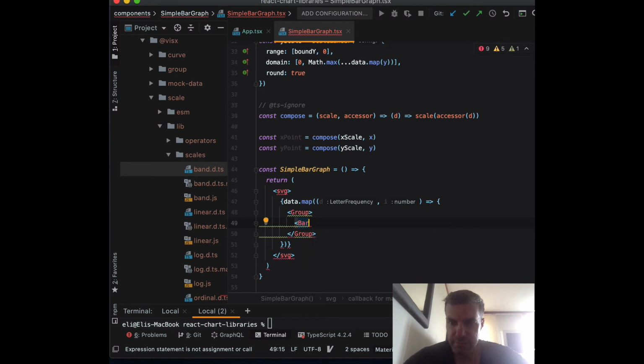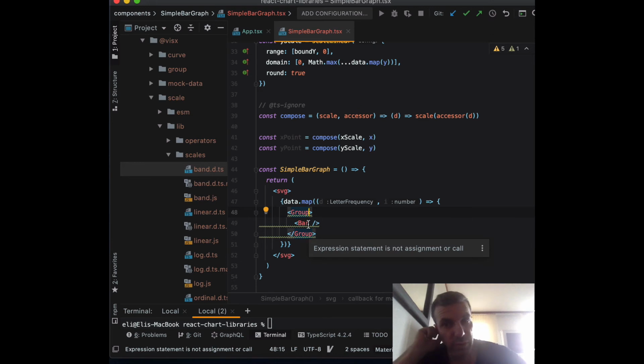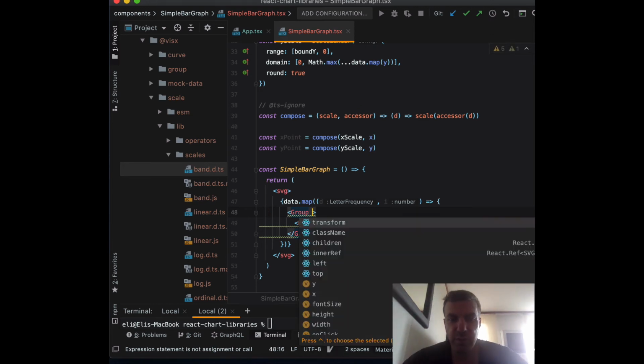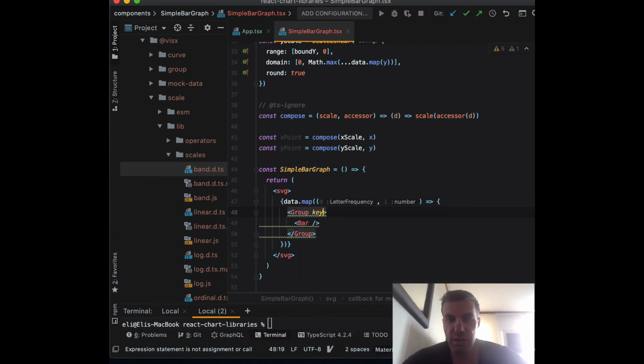Okay, and then we need to just set it up. For the group, the only thing we need to do, because it's a map, is set a key. So for the key,